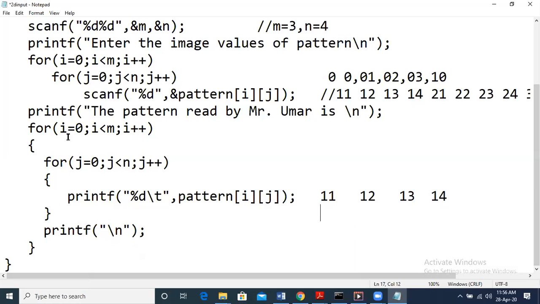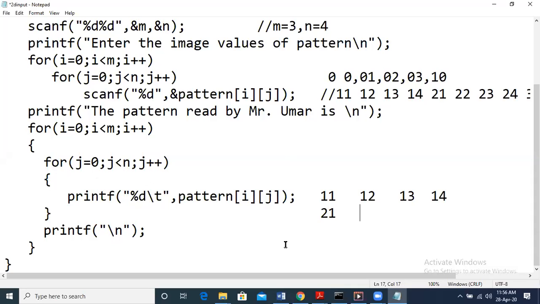Now i gets incremented. 0 plus 1, i becomes 1. j again starts from 0. So we need to print pattern of 1, 0. 1, 0 is nothing but 21. So it prints 21. Next we have a tab space. Next j becomes 1.